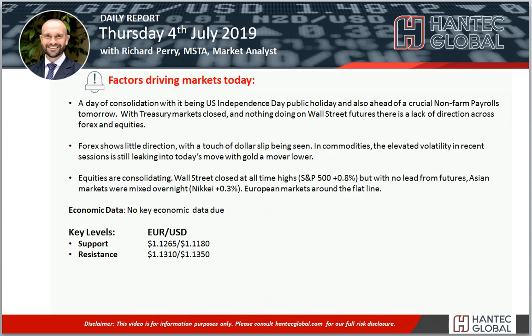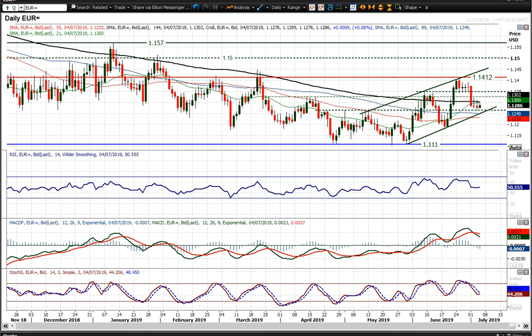Looking at euro dollar, it is 4th of July, which is a public holiday in the States, so you're likely to see a bit of consolidation today. But it's interesting that the market has drifted back to this breakout support at 12.65 in the last few days, and it is holding as a basis of support. And I've drawn in this morning this uptrend channel, which is forming on euro dollar, so that's something to keep an eye on, considering that support at 12.65 has